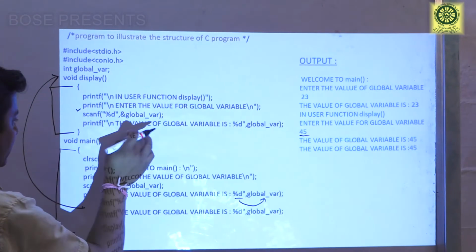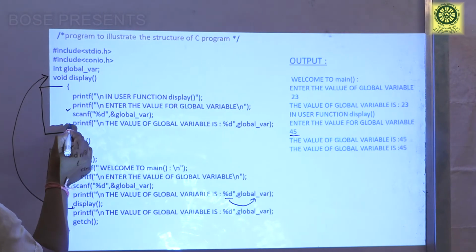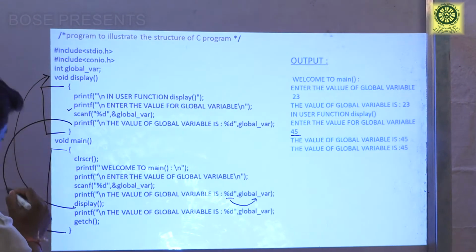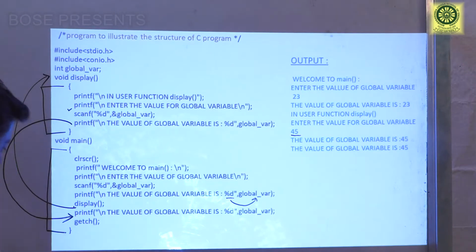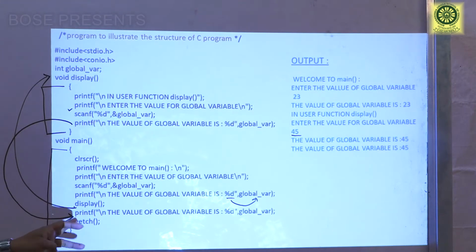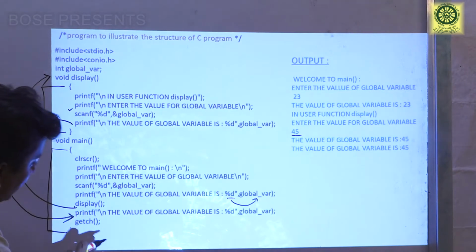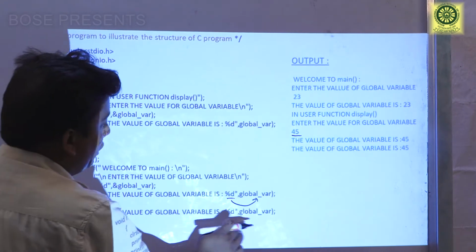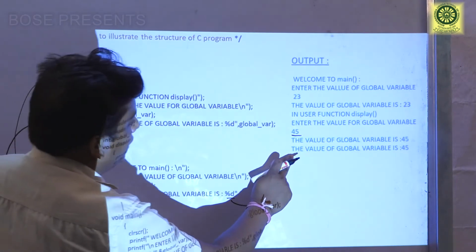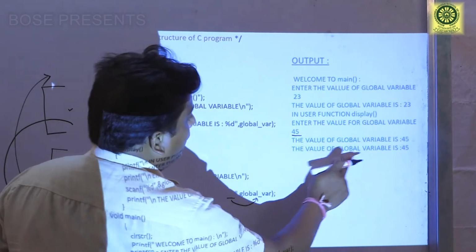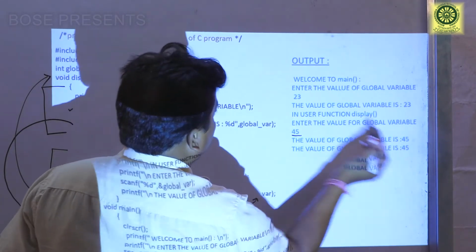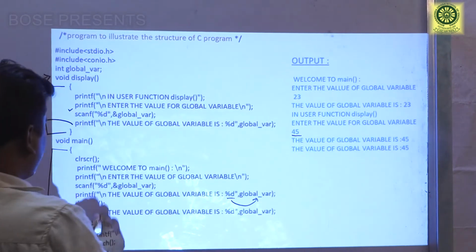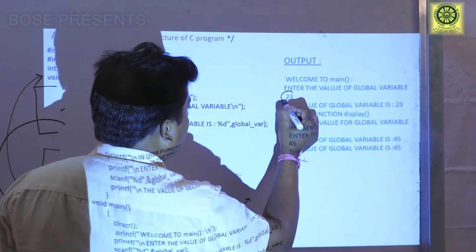After executing this line, again the control will come back to the main function, and in the main function there is another printf statement. In my printf statement I have written the value of global variable is %d, global_var, and it will print on my output screen that the value of global variable is 45. Why is this 45? Because first in my main function I have entered 23, and